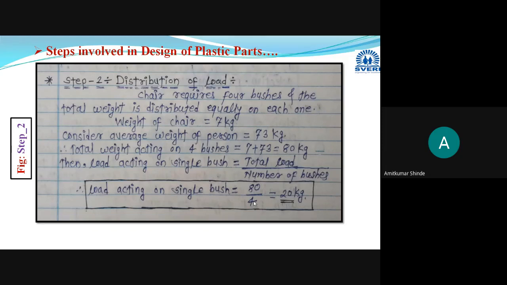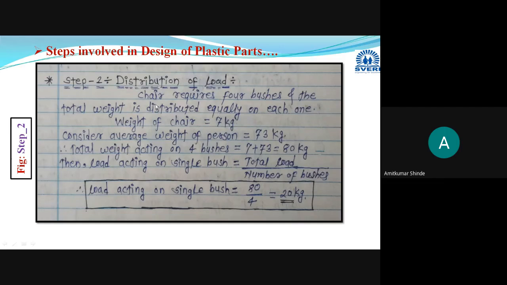Here the total load will be the self weight of the chair and the weight of the person sitting on that chair. They have provided the weight of the chair, and here you have to make one assumption. We are going to assume some factors for design purposes only. The weight of the person sitting on that chair, approximately you have to consider in the range 60 to 80 kg.